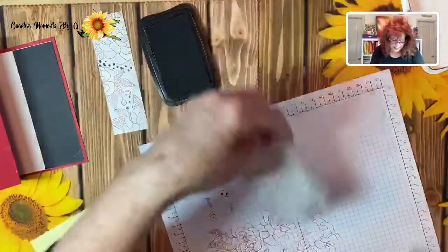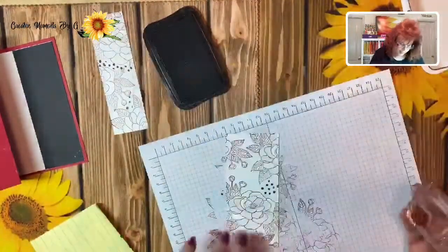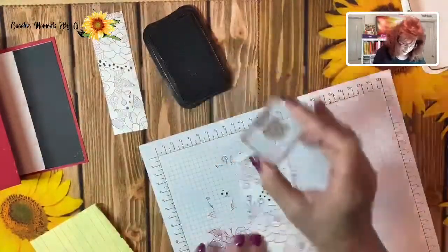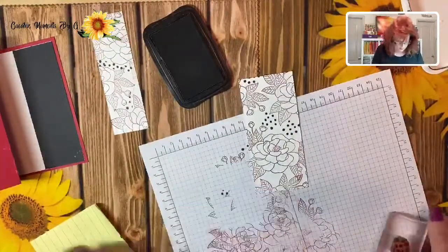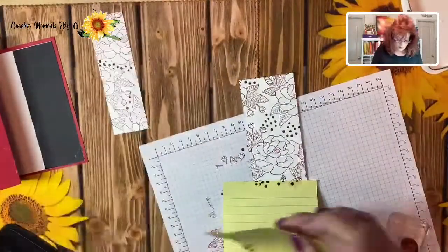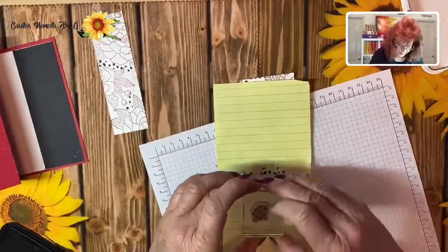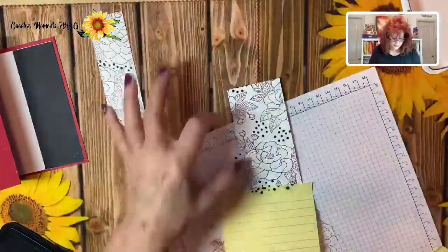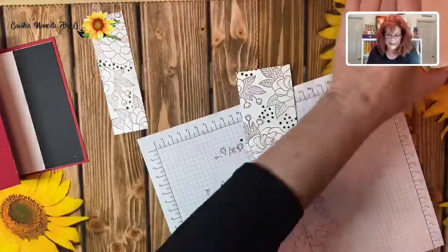I'm going to put that to the side. Now on this one, we can just go ahead and put our dots right there. And I'm going to put them right here. I don't know, that just gives us some interest, doesn't it? Right there. And then we need a few dots right here, right? Well, bring in that mask again. And that way you won't get it on your flower, because we don't want that. And I'm just going to put it this way so I don't get it on the leaves. And take it off. And there we have it. So I'm going to go ahead and lay that down,